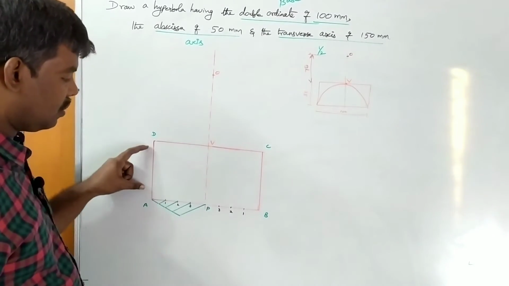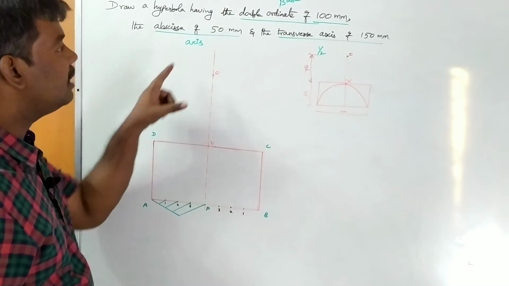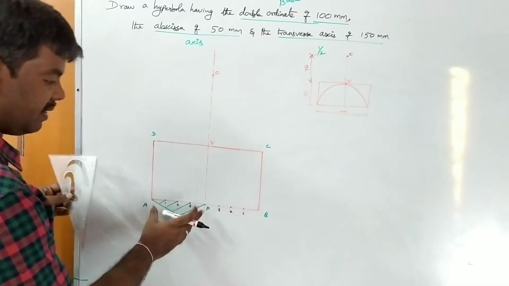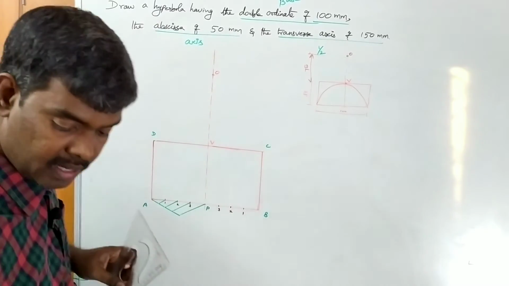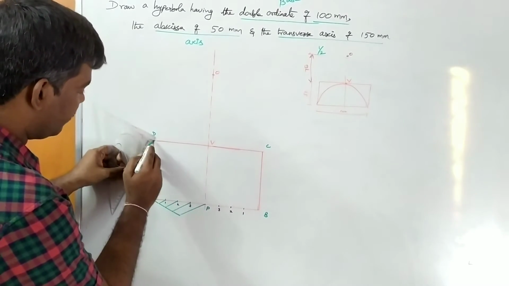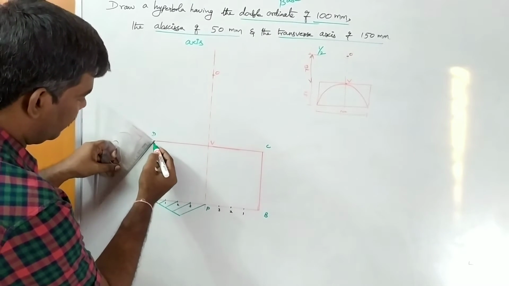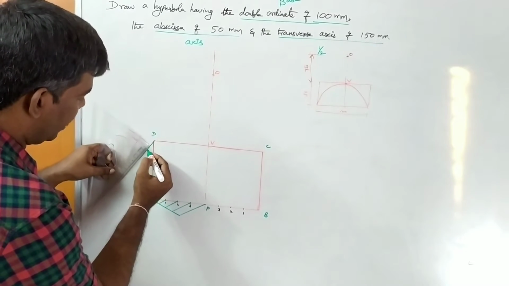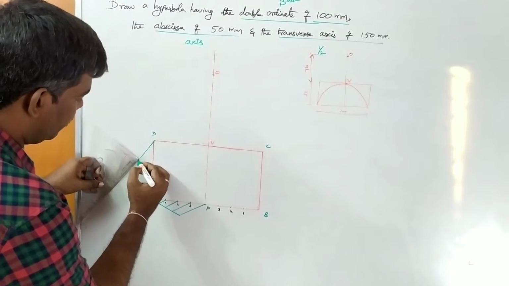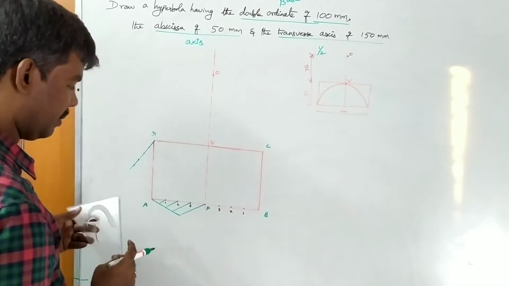Similar case here also, that is the axis side direction. The axis height size is 50, also divided into the same number of equal parts. So here 4 equal parts means here also you want to divide into 4 equal parts. So same, from either A or D, you draw one inclined line at any angle. You take some x radius, 1, 2, 3, 4, 4 equal parts.